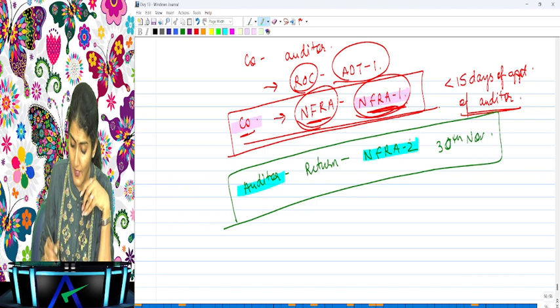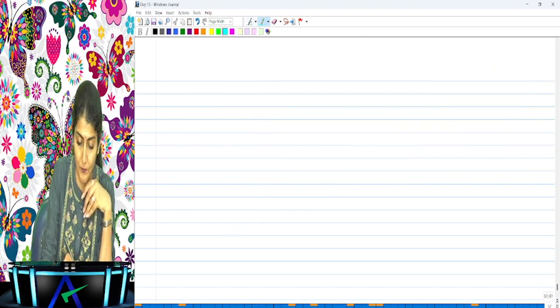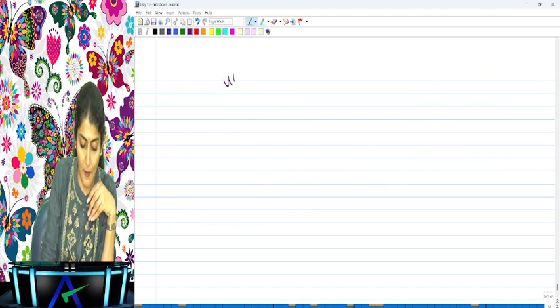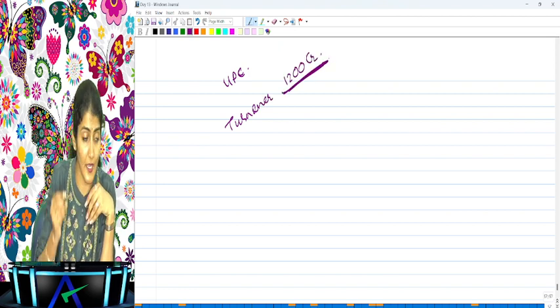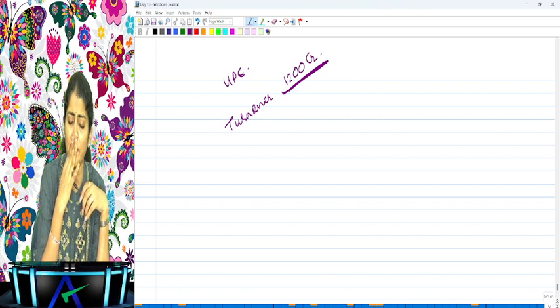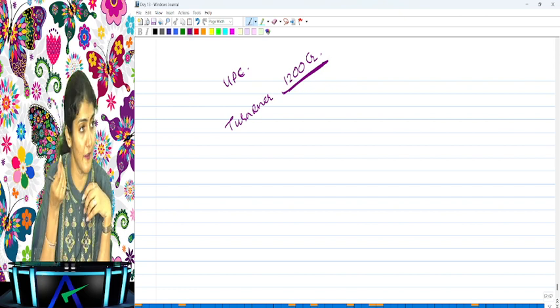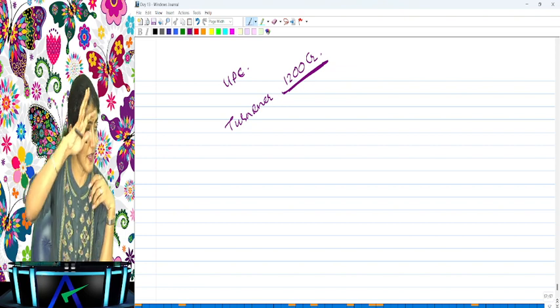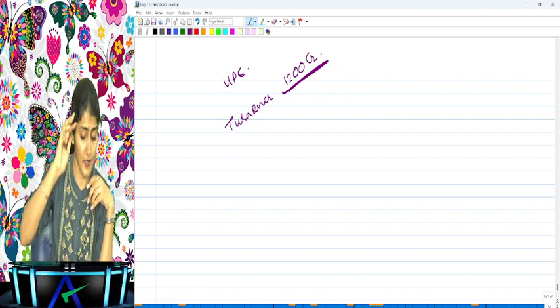And now say the unlisted public company had a paid up share capital of 600 crore, or say it had the turnover, let's make it easy, a turnover of 1200 crore. So are NFRA provisions applicable? Unlisted public company having turnover of 1200 crore, do the NFRA provisions apply, does it come under the lens of the NFRA? Yes. Okay.